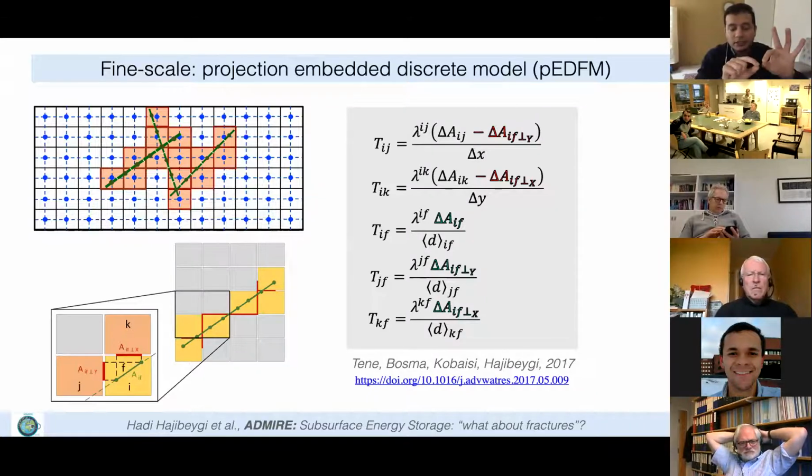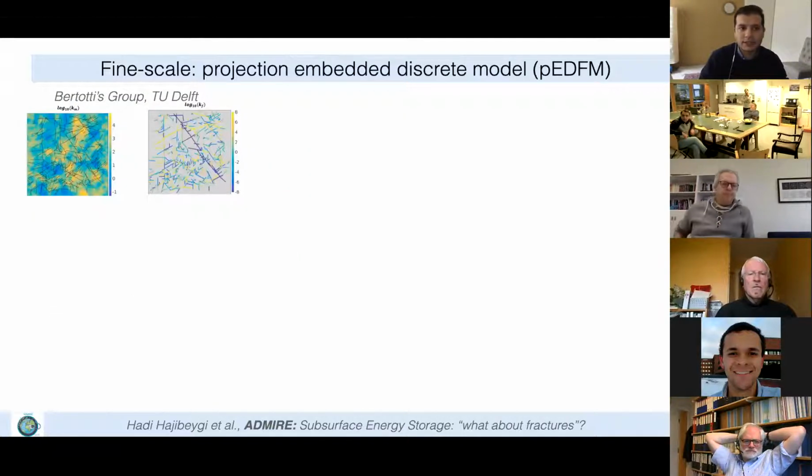Then you define a connectivity between F and K, F and J, so the fracture would communicate with the two other cells, and the matrix cells I, K, J would also communicate if necessary. So with these kind of mathematically defined transmissibilities based on the embedded approach that you also extend on the EDFM one, you actually go now to the field, and this is the outcrop geological characterization that we have received from